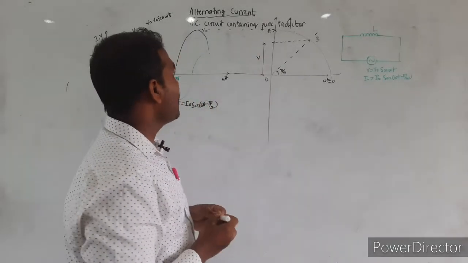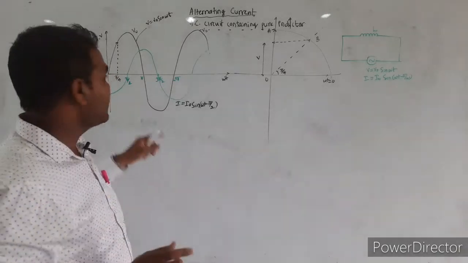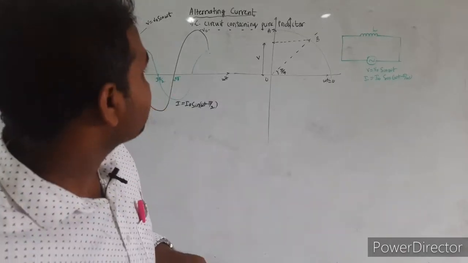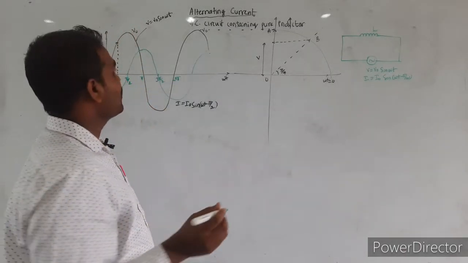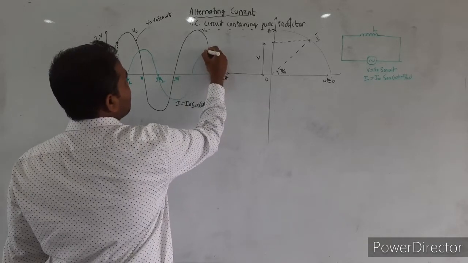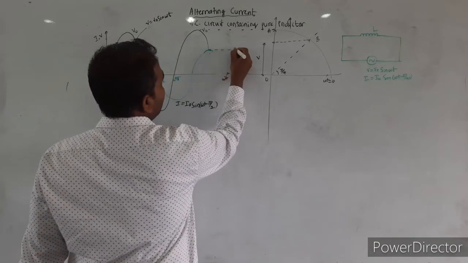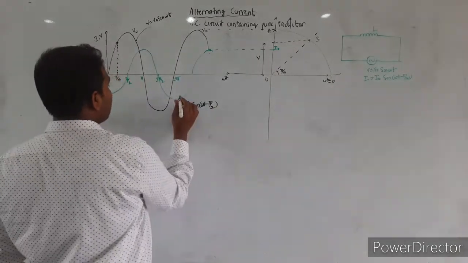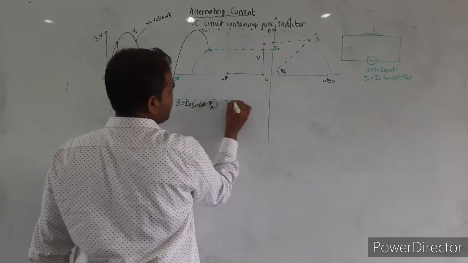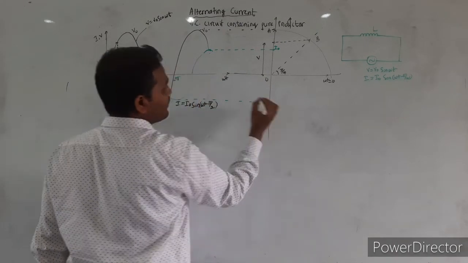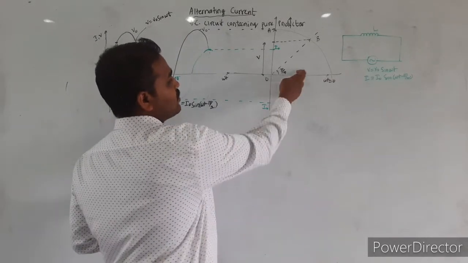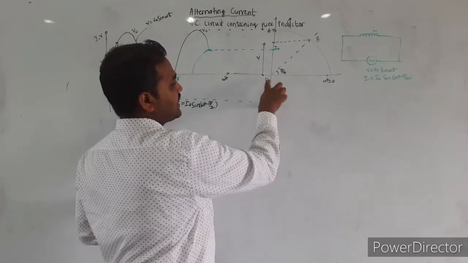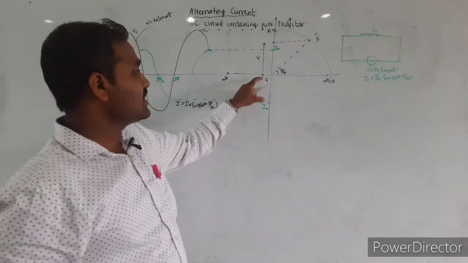Similarly, how to get the instantaneous value of current at the same angle of pi by 4. For that, first we shall find out the maximum value of current here. Let me consider this is the maximum value of alternating current. This point will give me I naught, and on the bottom side I can consider this is the value of I naught. It depends on the phase angle. If the phase angle is between 0 to pi radians, I have to consider this phasor. If the angle is between 180 to 360 degrees, I have to consider this line. Only the direction is different here.